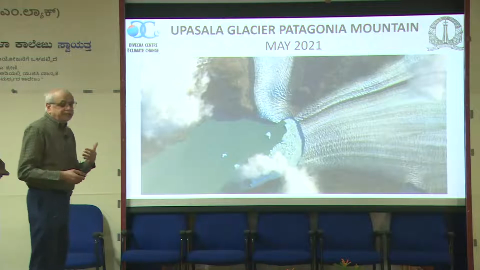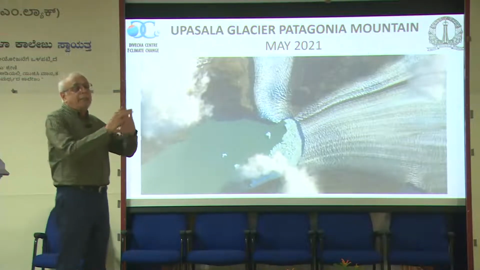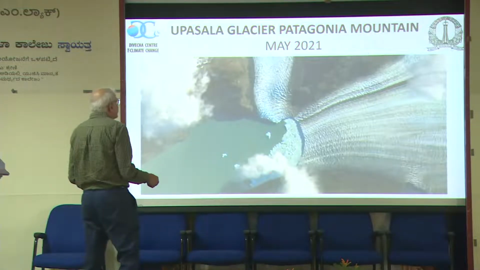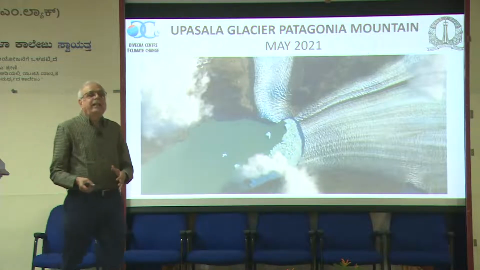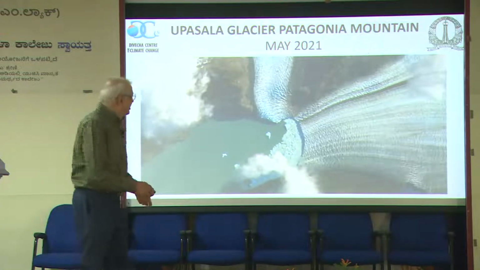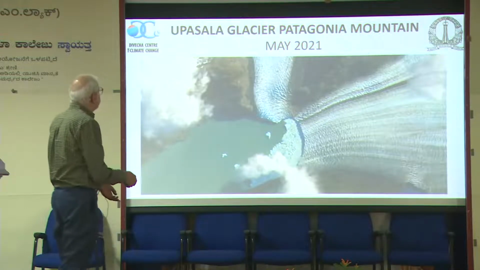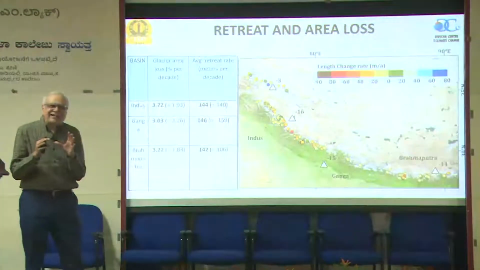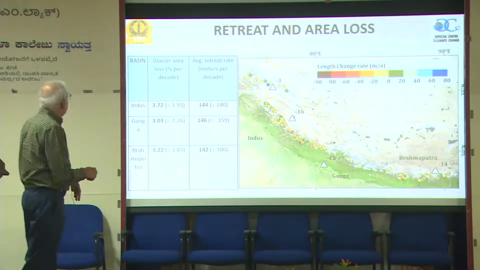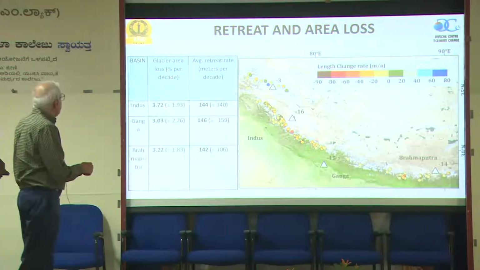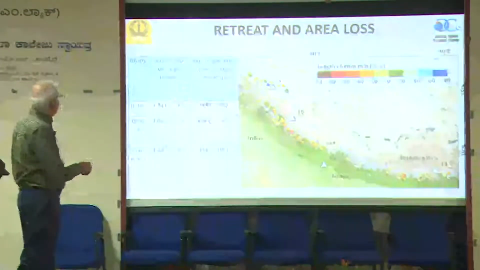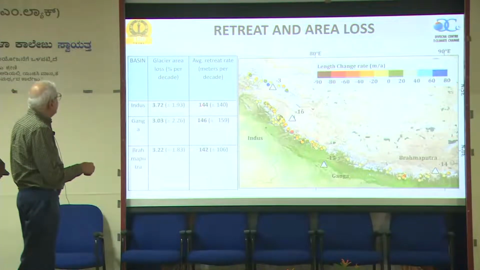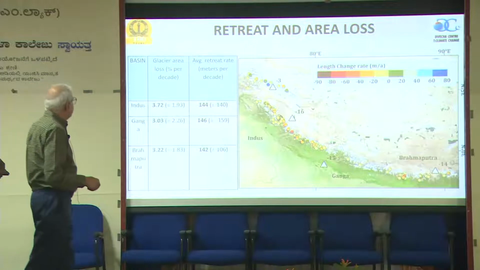There are also satellite images. It's not only happening in the Himalaya, it is also happening in other parts of the world. This is Patagonia. You can see how glaciers are significantly calving and creating huge icebergs, about which I was talking. So this is a huge iceberg, and it will keep on moving. So we are really losing a lot of ice in the Himalayas, and you can see here how glacier area is lost over a couple of decades. Per decade, glacier area loss is almost 3%, and average retreat per decade is 144